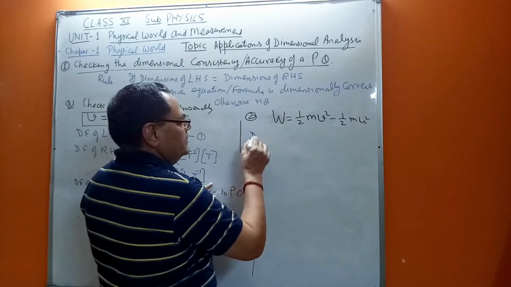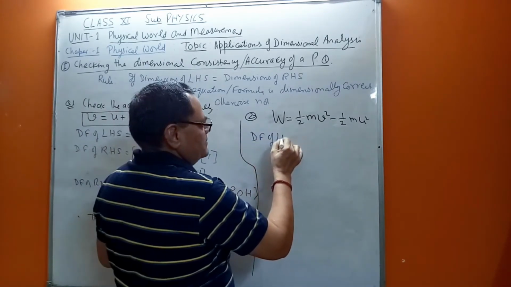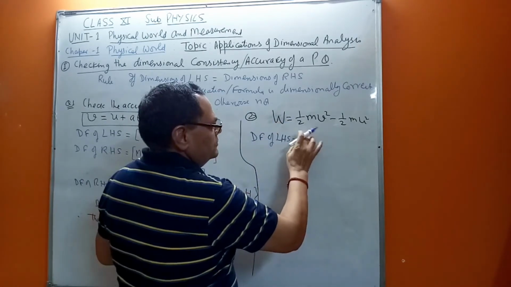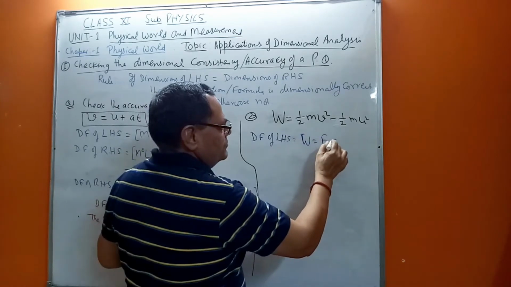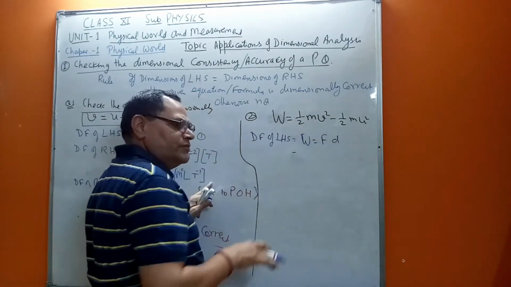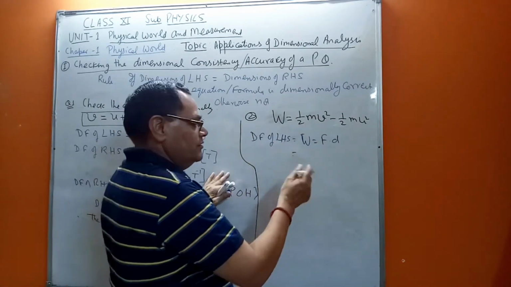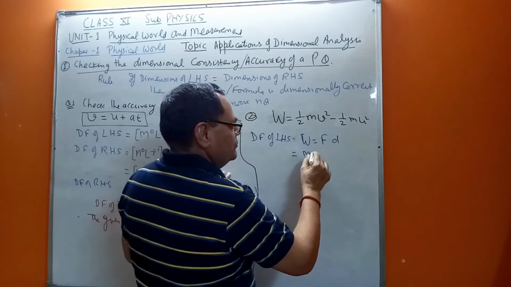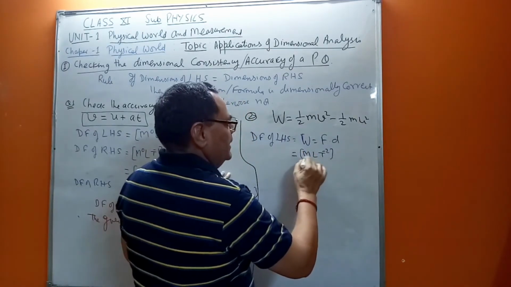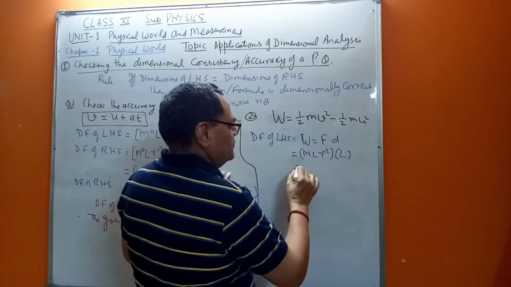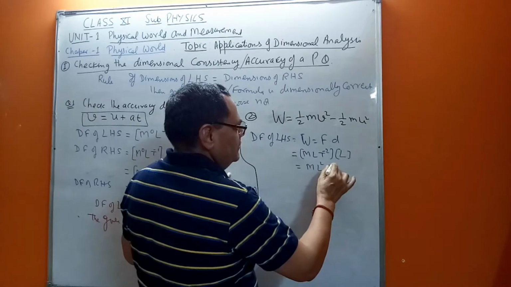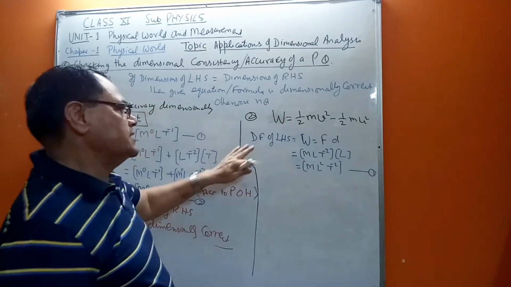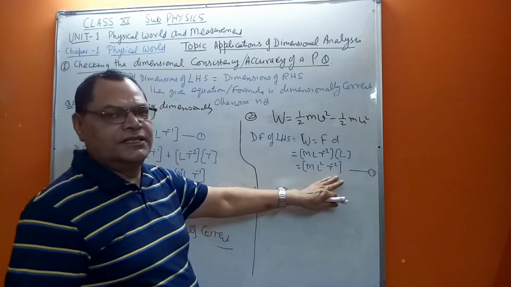Okay. So write it. Dimension formula of LHS means the dimension formula of work done, and work done was equal to W equals force into displacement. Though we have written the dimension formula of work earlier, we don't remember it as of now, so we can write it by splitting it. So force is MLT minus 2 and D is L. So the overall formula will be ML square T minus 2. Okay, so we will put it as 1. So the LHS dimension formula is ML square T minus 2.